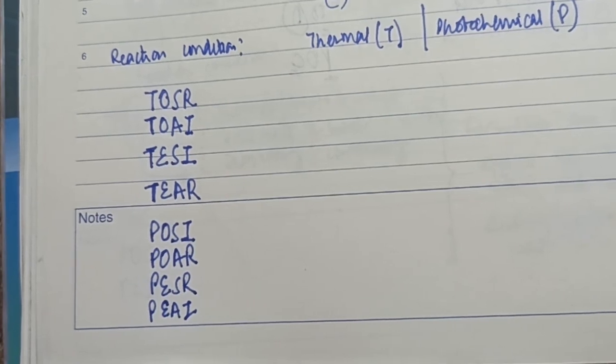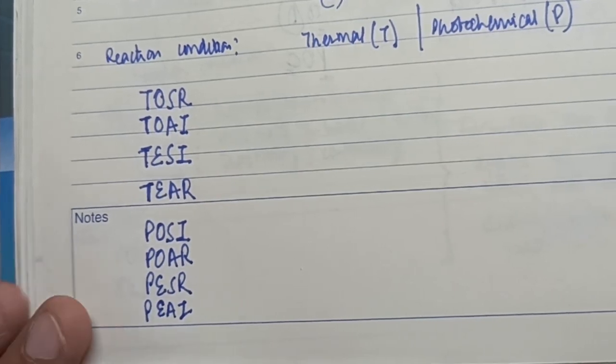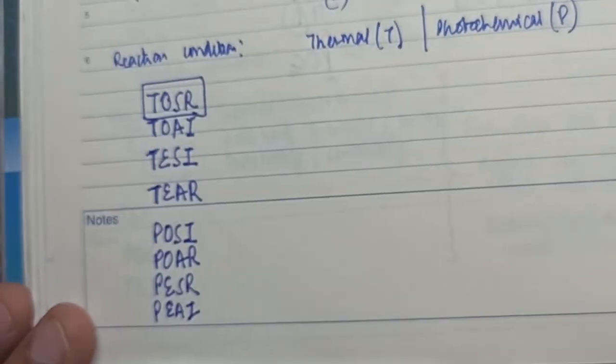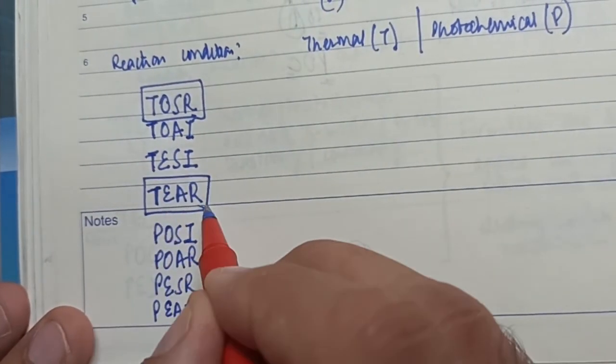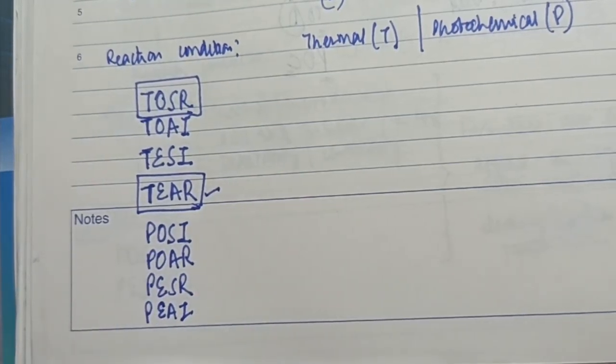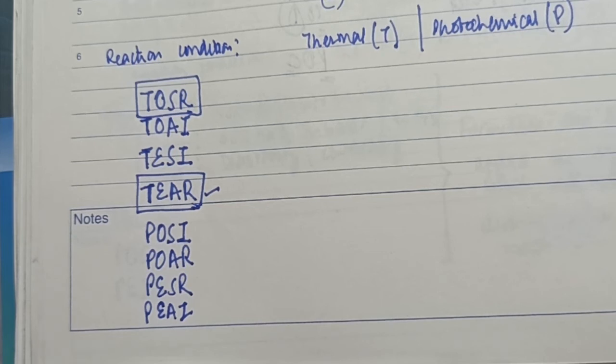We don't need to remember all those sets of formulas. Whatever is easiest for you. If you remember this formula, this is easy for you. Or if you remember this formula, which is apparently more easy to remember, TEAR, you remember this TEAR formula, and you can apply this TEAR formula in all the particular sigmatropic reactions and work out the reaction conditions in the case of these sigmatropic reactions.